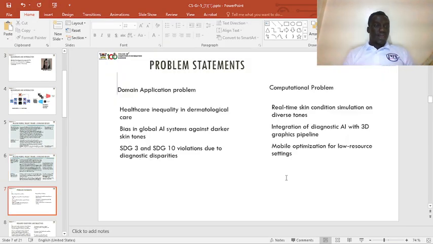And what is our problem statement? So when we come to our problem statement, we divided them into domain and then the computational problem. Now, the domain problem is the healthcare inequality in dermatological care. When we talk of healthcare inequality here, in most cases, most of the systems that are out there are not applying to everyone. Okay, they are only applying